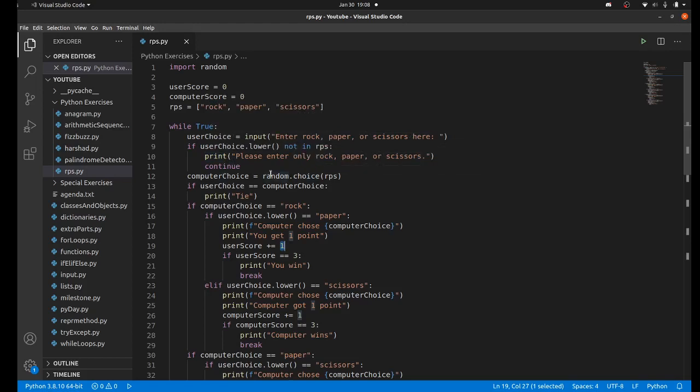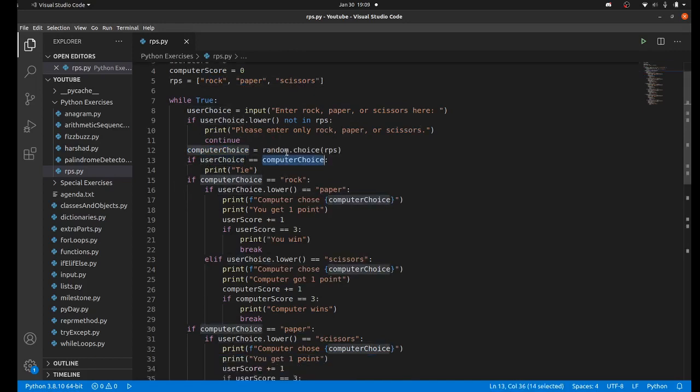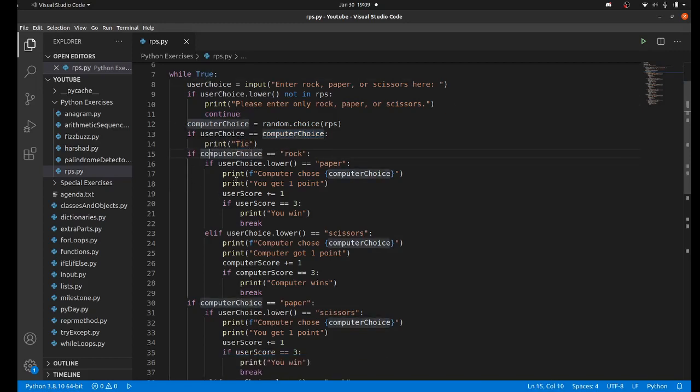Now we use the random library to take a random element in one of these and store it in the variable computer choice. Now, if user choice equals computer choice, that means if they both say rock or they both say paper, both the user and the computer, then you just print tie and then you move on to the next iteration. But what if the computer's choice is rock, but